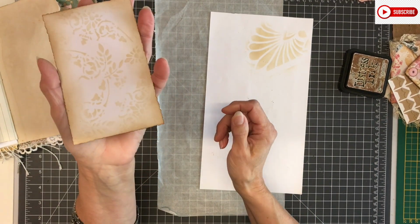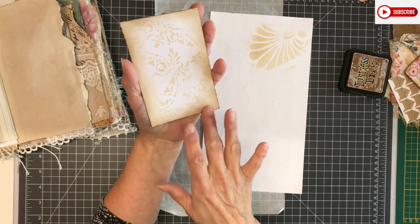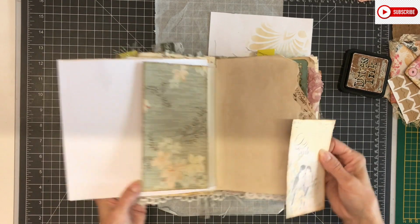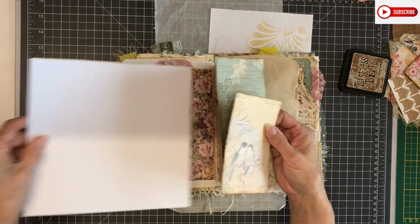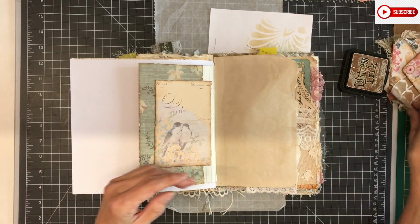Yeah, this is very beautiful. Just very subtle, but I can still write on it. Let's see how I'm going to do this. This is better. Now the corners,